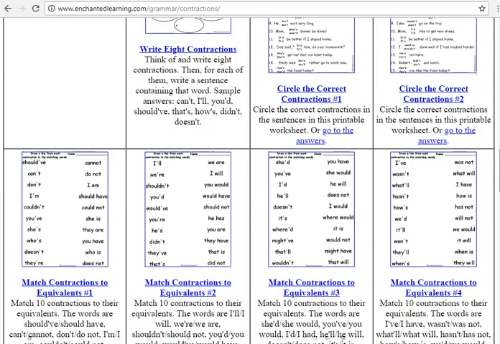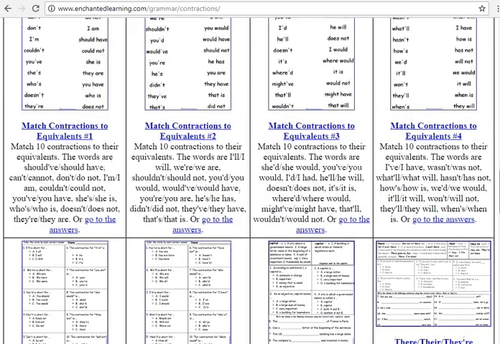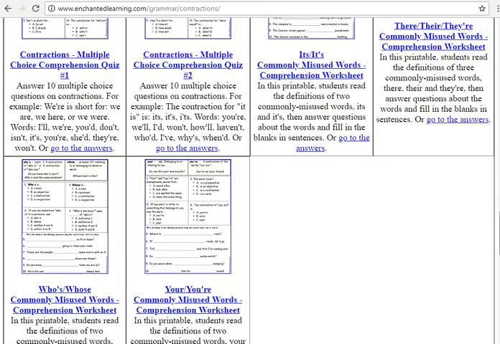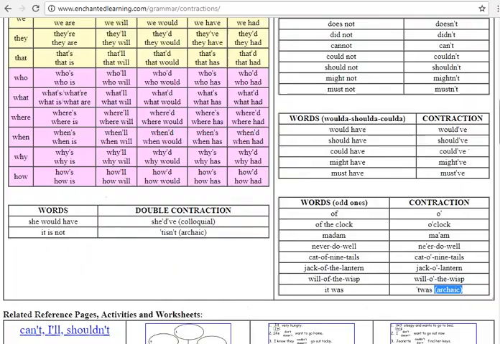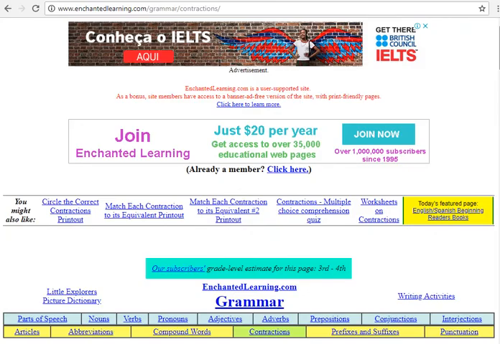Oh, there are tests that you can do, and I highly recommend these. You can see the answers, and all of these are available on this site at www.enchantedlearning.com. I hope you enjoy this, and you can contact the people of this site and let them know how